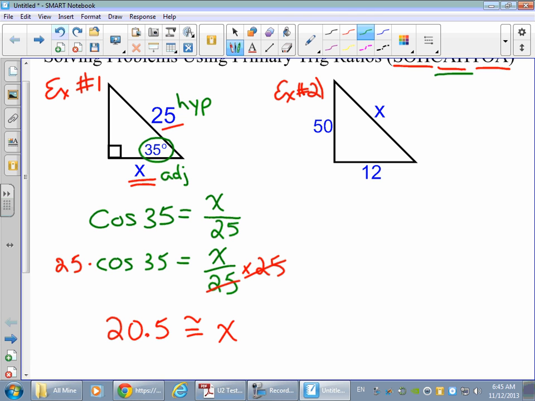That said, too, the fact that this looks like a 90-degree triangle, but it's not indicated, I'm going to assume it's not. Okay, so when I look at the diagram, try to solve it, I see I have a 12 here, I have a 50 here, I want the x up here, but I don't know anything really about these angles inside the triangle. Again, they look like some of them are similar. Clearly, based on the numbers, they are not. It looks like this is a 90-degree angle in that spot here, but there's nothing that really tells me it is. So as far as using the primary ratios here,